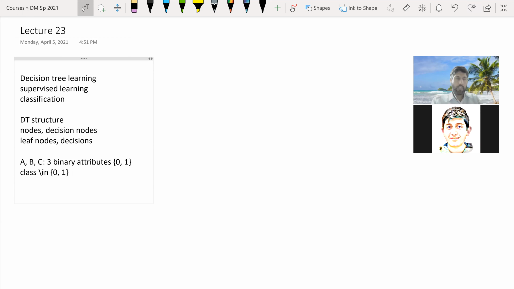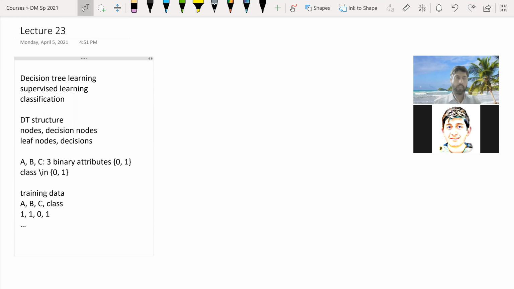So given such a data set, and of course, when I say that we have a data set, I call that a training data. So you have some data where you are given A, B, C, and the class label as examples. So your data set would have A, B, C, and for each data, you also have the class. So for example, you might have 1, 1, 0, and let's say the class is 1. And of course, you have multiple such examples in the data set.